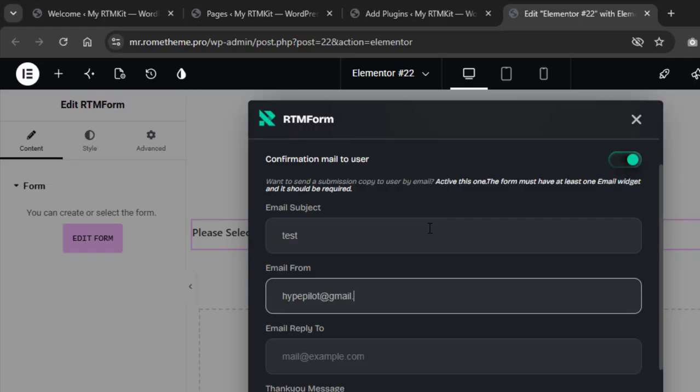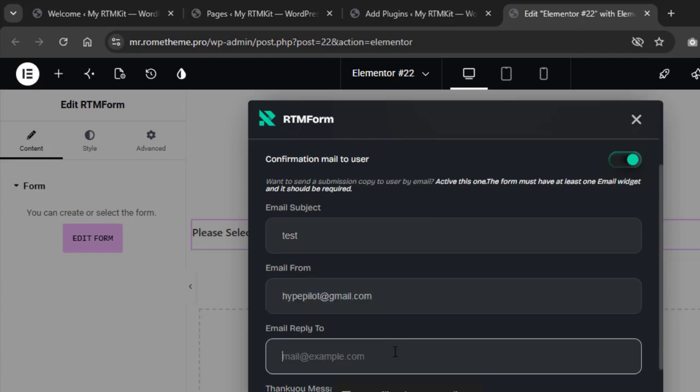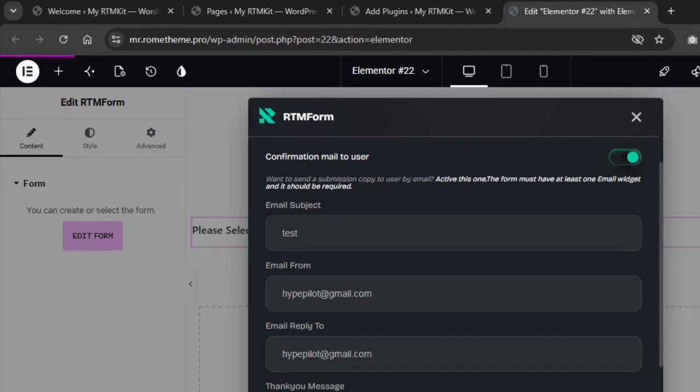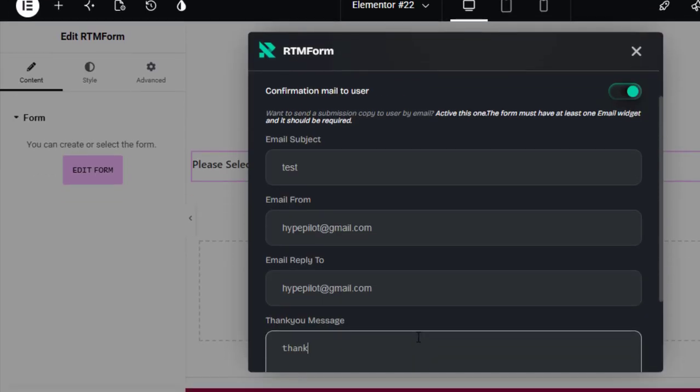After you put your email in here, you copy paste it to email reply to, and test message. And after you create this,